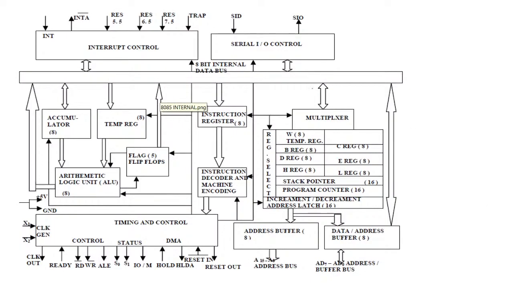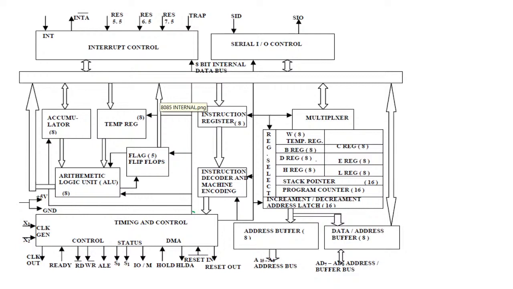This is the internal architecture of the microprocessor 8085. So as I told you, in the microprocessor we have three things, that is registers, then we have control unit, and then we have an ALU. Okay, along with that we have some control signals that are generated by the control unit, that will be inside the control unit. So let us see what we have in this microprocessor.